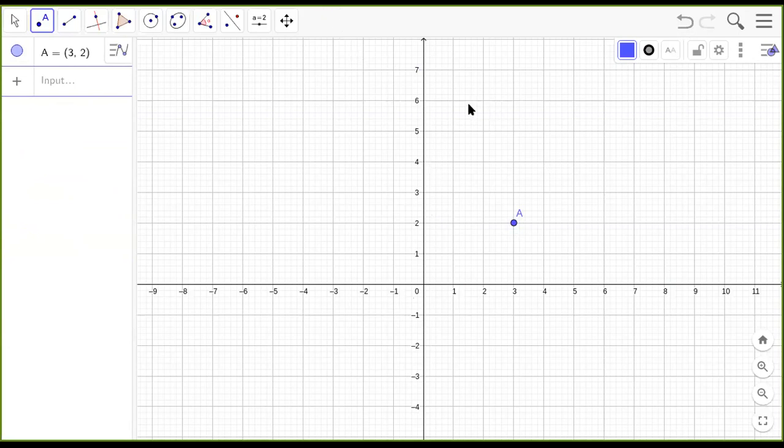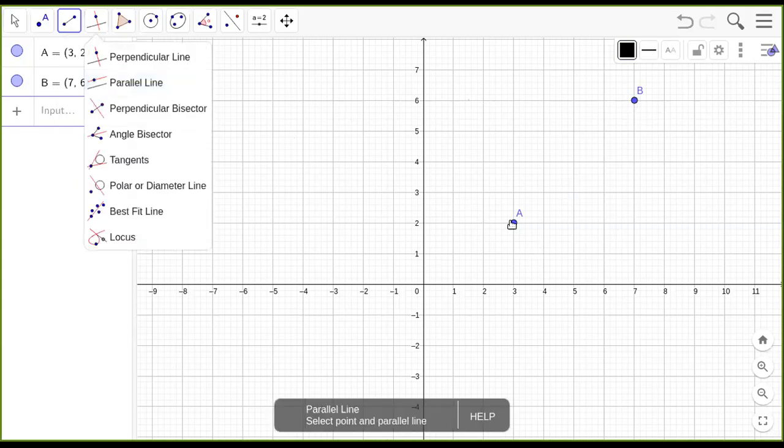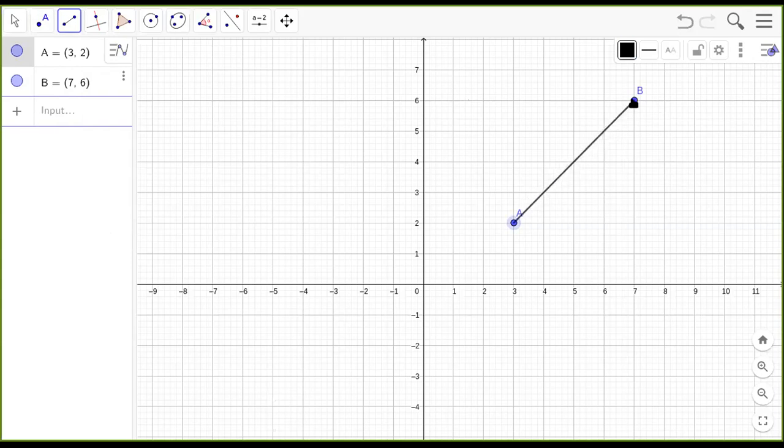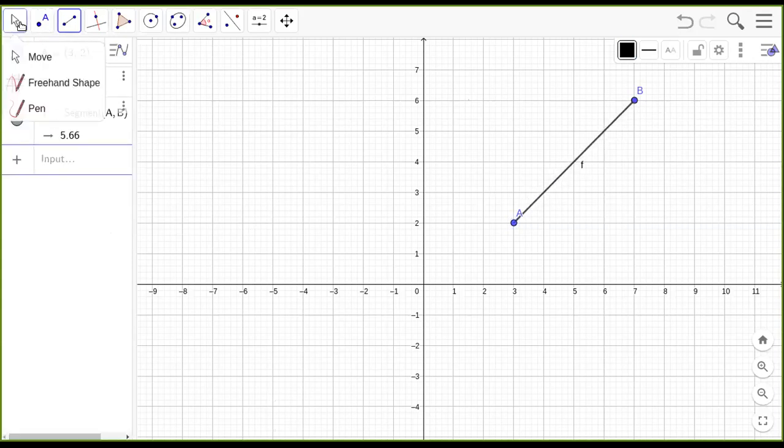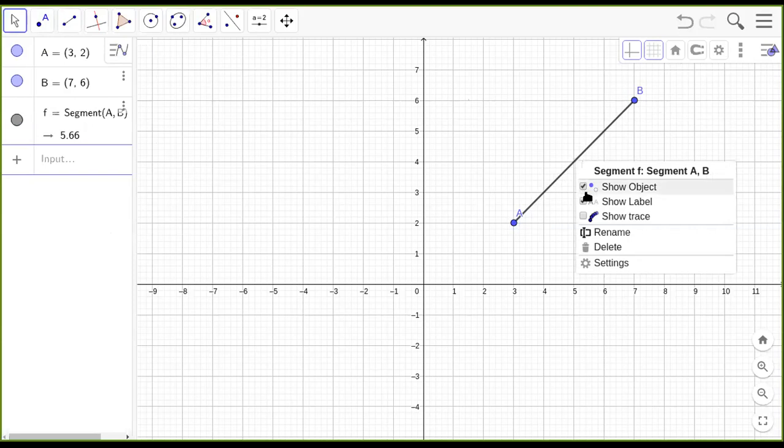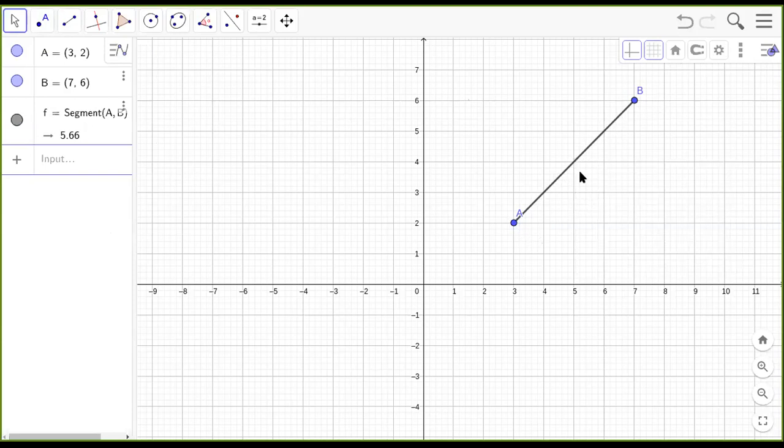Yeah, I've admitted. Okay, so now I take a point A somewhere on the first quadrant and I mark another point, say B here. So immediately I know the coordinates of this point A is 3, 2 and that of B is 7, 6. You can see it. Now I want the distance between them. That means I just draw this line segment between them. This is the distance that I want. So how will I find the distance between these 2 points, A and B?